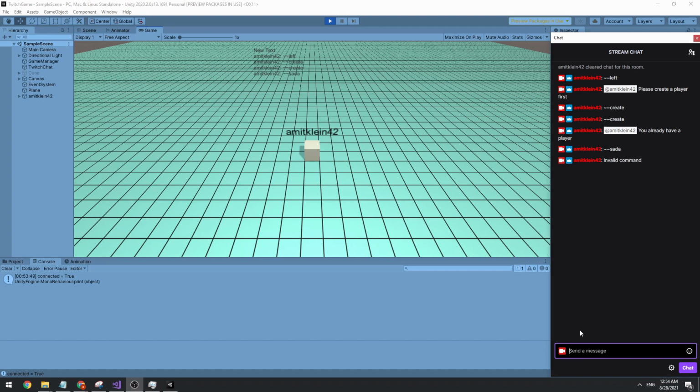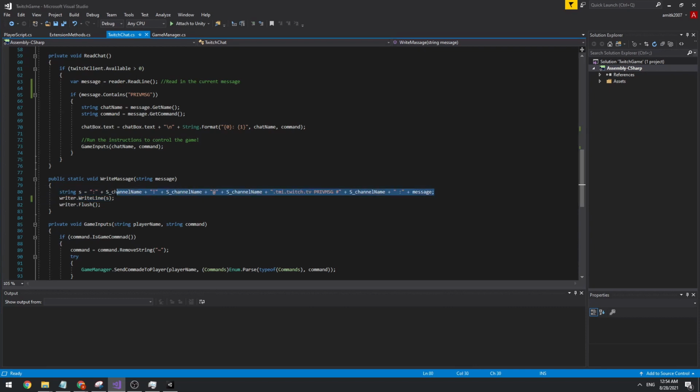Basically, let me know if you think it's useful or not. I think it's gonna be useful in the beginning, and I might need just to have a boolean or something to turn this on and off. So when there are like many players, I hope there are gonna be many players in the game, the chat just won't spam a lot. Basically, I used this string. It's not very hard, and I'm doing this very generic with a channel name and everything,